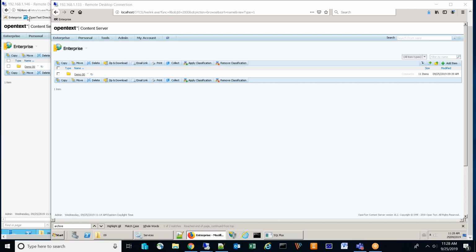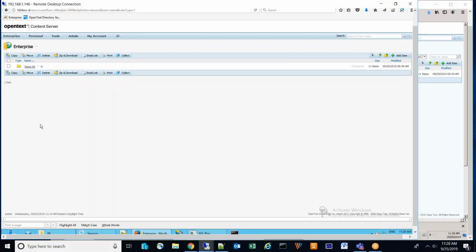We have two VMs. One of them is ending in .146. One of them is ending in .133. So this is a Content Server 16.2 environment. I did a little pre-setup here, and as Vijay mentioned, it's a module that plugs into one machine within your cluster, so it doesn't have to be any specific machine. Typically, we recommend an admin server, a backend server that doesn't see user traffic, similar to how notifications and indexing are run on the administration side. We pick a box that would act as point-to-point communication from one cluster